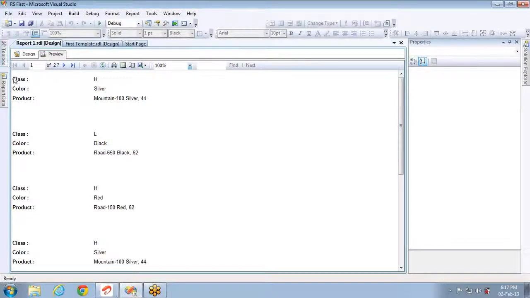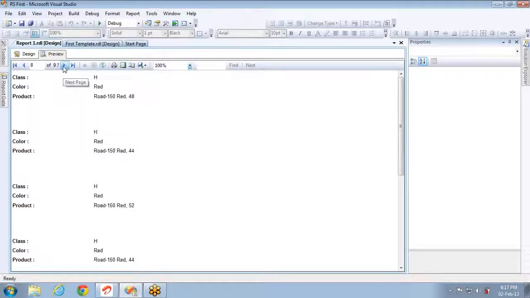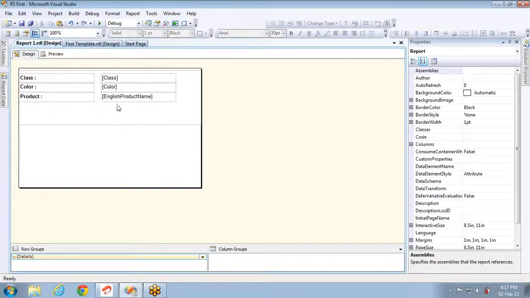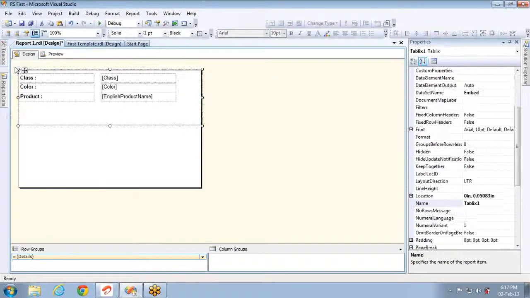If you see here, instead of class they'll go for name, and instead of color they'll go for address 1, address 2, address 3, city, pin code, and everything. So the output will be the address details of every customer to whom they have to send the credit card bill. So they can cut it and paste it on top of the envelope. So for generating these kinds of reports, or for generating postpaid bills or credit card bills, you can use free-form style reports, that is by using the list control.